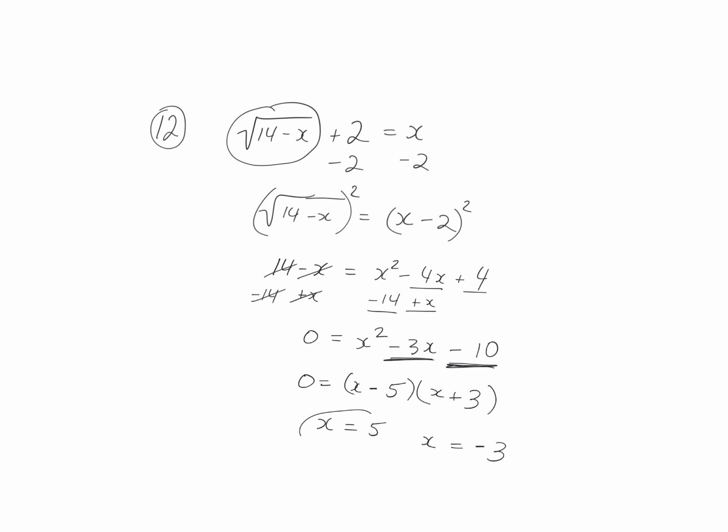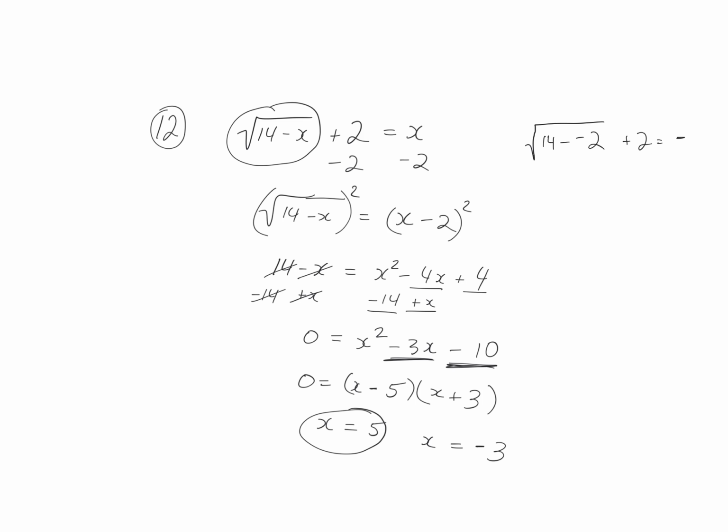So the answer is 5. Now this did seem a little bit involved, and so the fast way to do this problem, actually, because we only have 3 numbers, would be to plug them in. So if we plug in our negative 2, we would have the square root of 14 minus negative 2, and then plus 2 equals